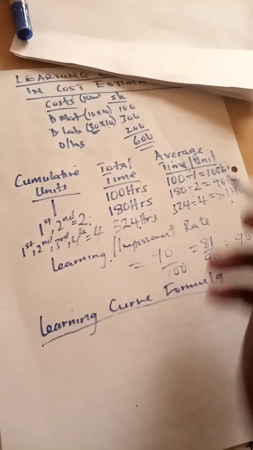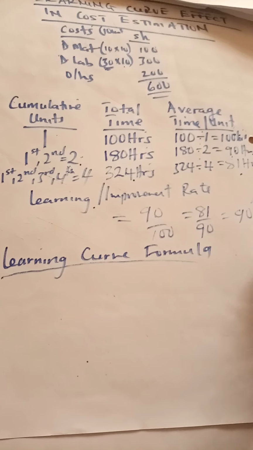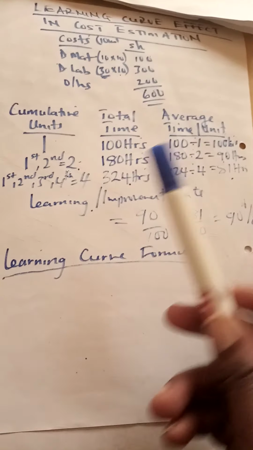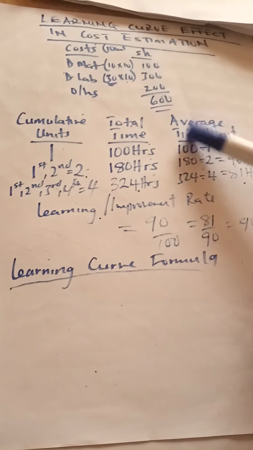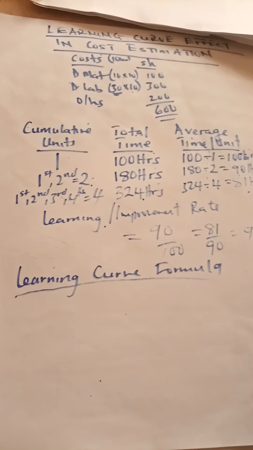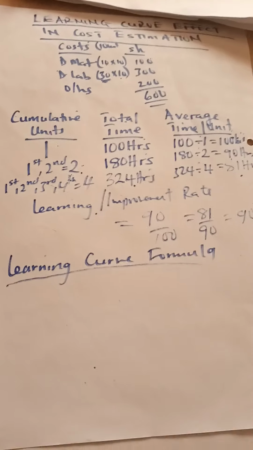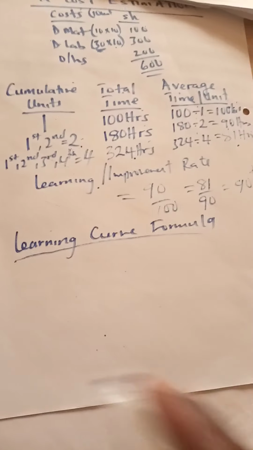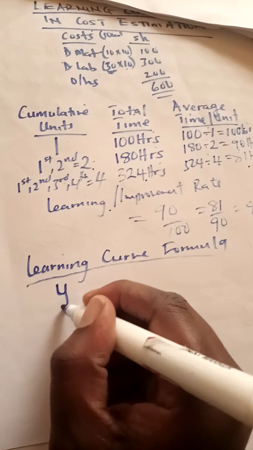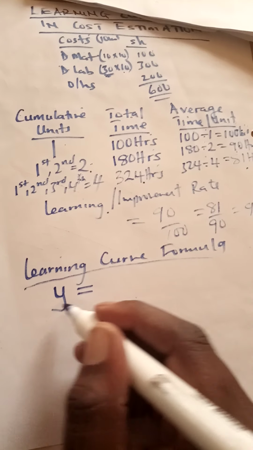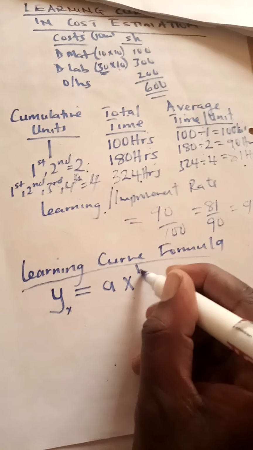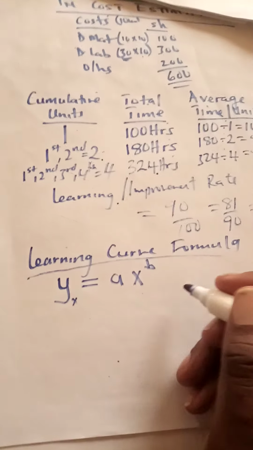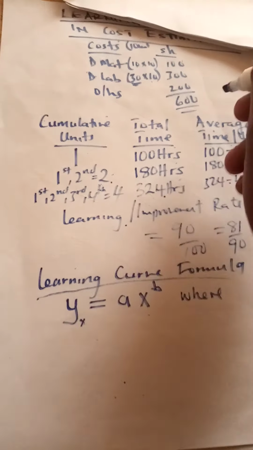Things like this average time and the total time can always be generated more conveniently using a formula, so that anytime somebody wants you to tell them, if I make 100 units, how much time will it take? Or what will be the average time per unit for me as I make more and more? So formulas exist which can give us all these times, the average times and total times. And the formula that you must always be able to use, the learning curve formula, is yx = ax^b. That is a very important formula which can always give you all these things that we are looking for,